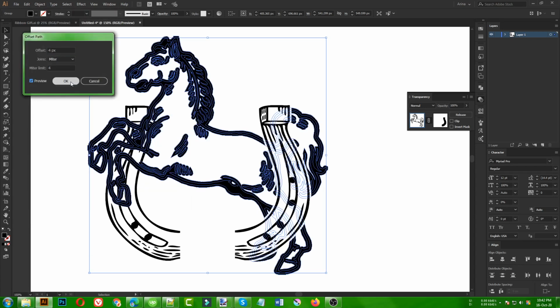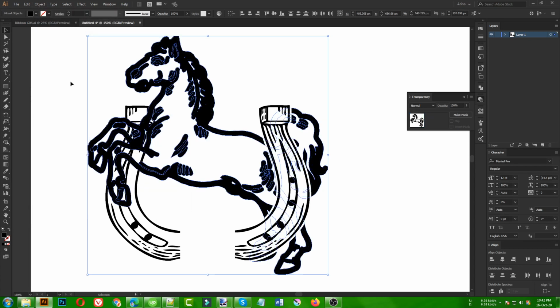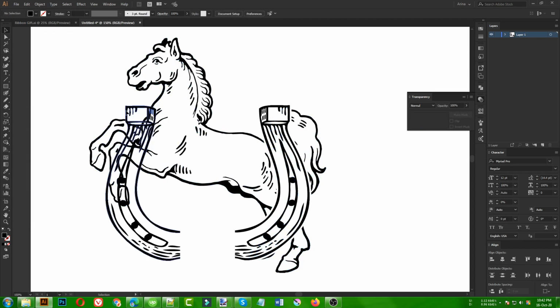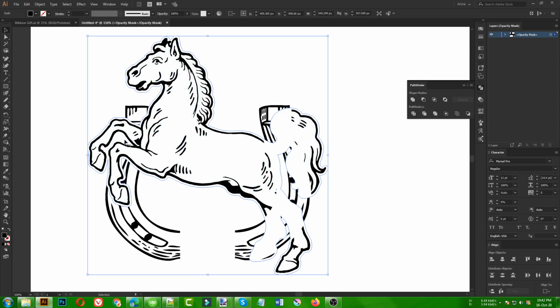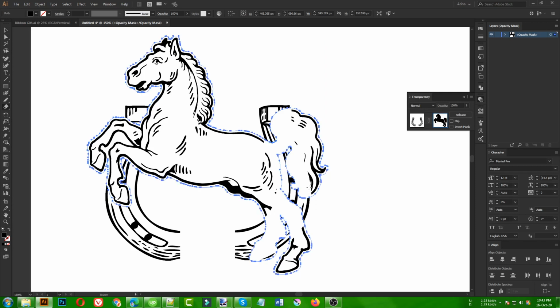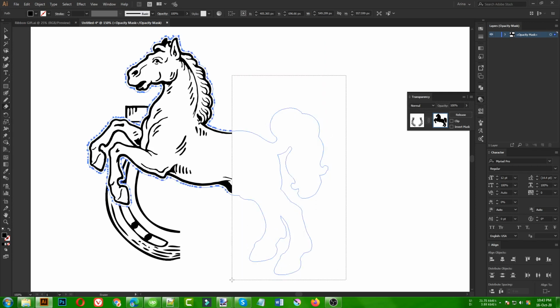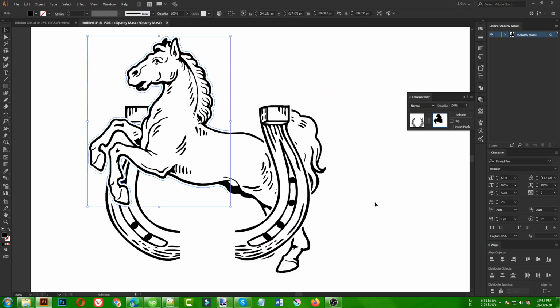make an offset path for that horse, then cut, select my horseshoe vector, open the transparency, paste in front. As you can see this is now looking very good. So let's merge and unite to make it one complete single shape. As we pasted this part on top of the horse, we need to select the horse silhouette inside our transparency, then press Shift E for the eraser tool, press Alt and then drag like this,